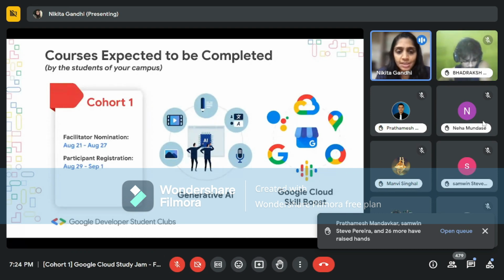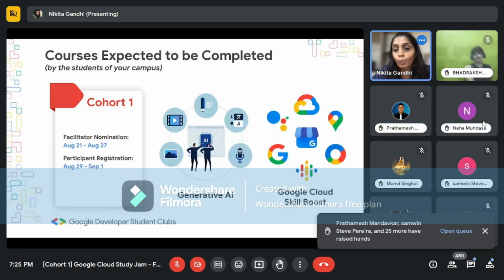So both of these pathways, which is the Gen AI pathway and the Google Cloud Skill Boost pathway links that we are going to share, I'm not going to disclose the link for now. These details will be covered with the correctly signed up participants. But for now, please make a note of three things from this slide.